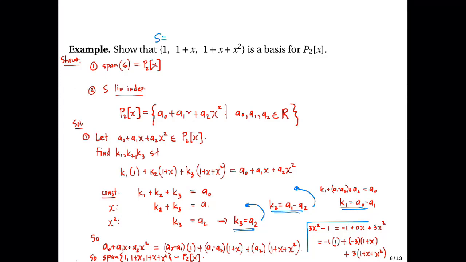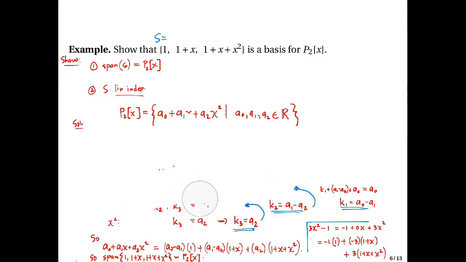Let me erase this first part only, but I'll retain these equations or this formula. So now, for the second part, we need to find linear independence. So we want to show linear independence. So suppose